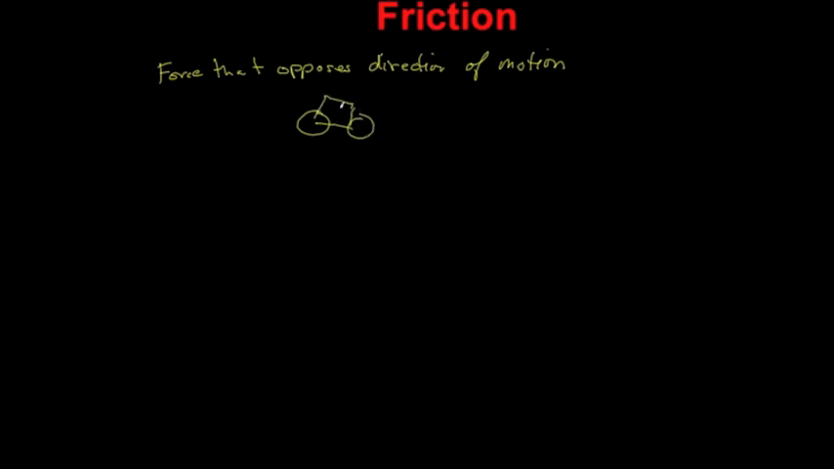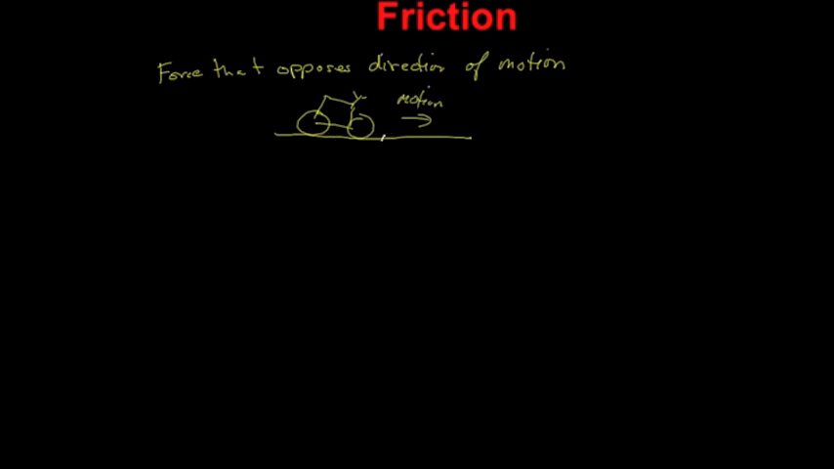Okay, today we're going to discuss friction. Friction is a force that opposes the direction of motion. So if you were riding a bicycle, okay, that's my rendition of a bike, and you were going towards the right, that was your motion,